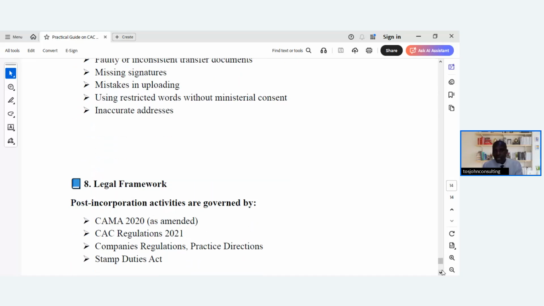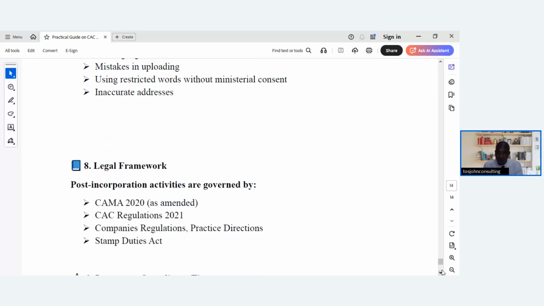So of course, when you reach out to us, we've been in this work, so we advise you appropriately and we tell you the documents that you need to send for us to process all your pre and post incorporation